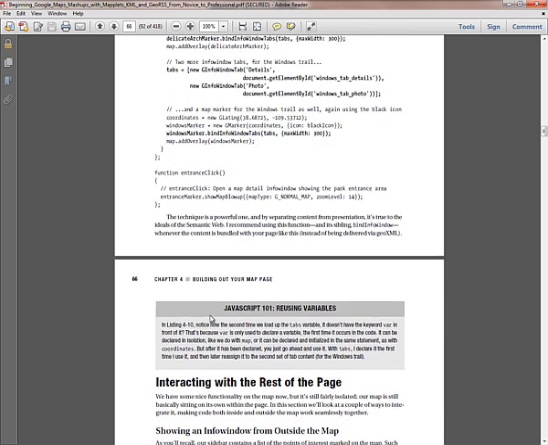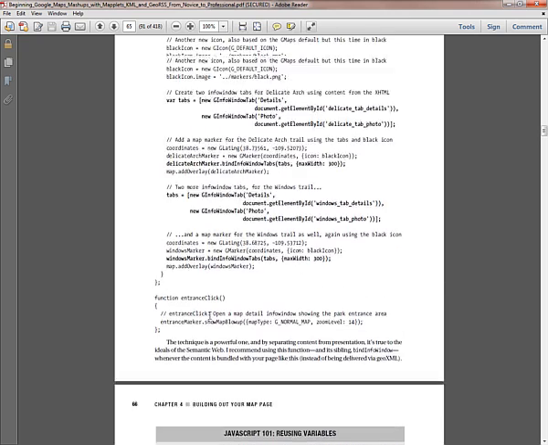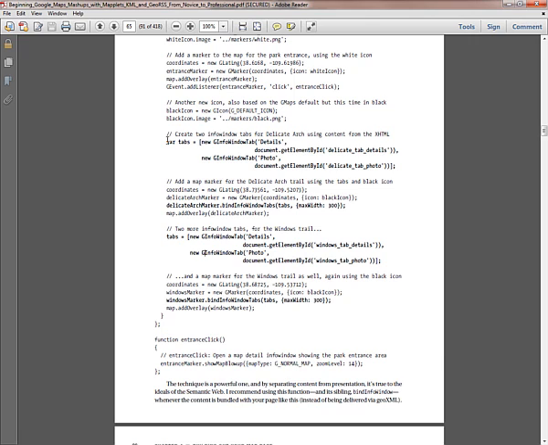And he points out how you can reuse variables. For example, he has to create a variable for the tabs in order to put that GInfoWindowTab information into. But he only has to do that once. So you notice he does it here. He's got a var in front of tabs. And he creates the GInfoWindowTab for the delicate arch. Then when he sets up the tab for the Windows, he doesn't have to create that variable any longer because he already has a variable called tabs. And he just basically repopulates that variable with this new information,